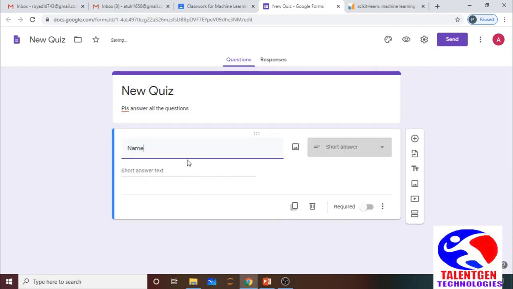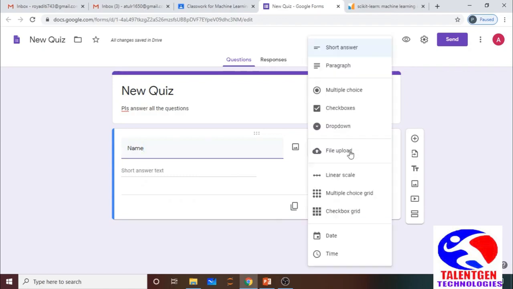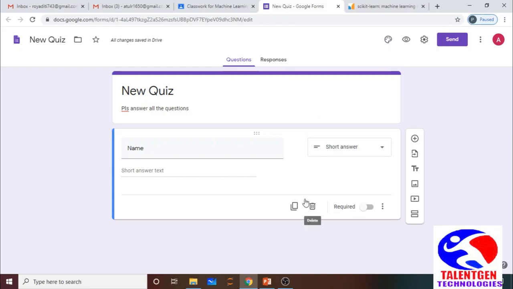Name. I'm clicking on short answer. It is already selected. Making it required. I'm going to the next part.